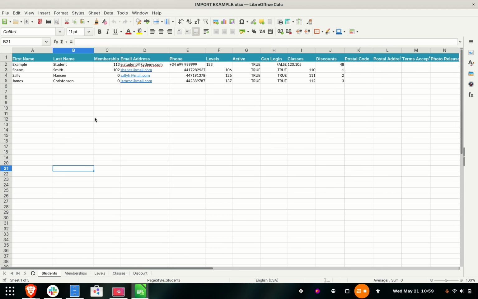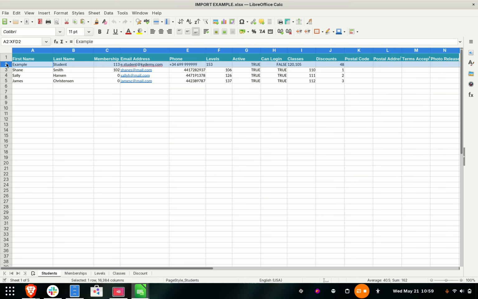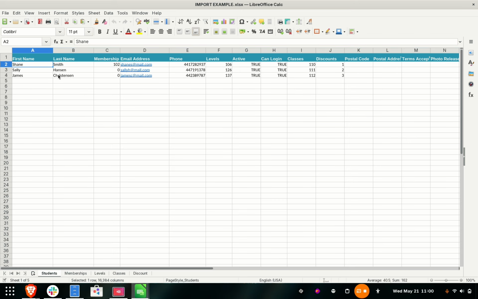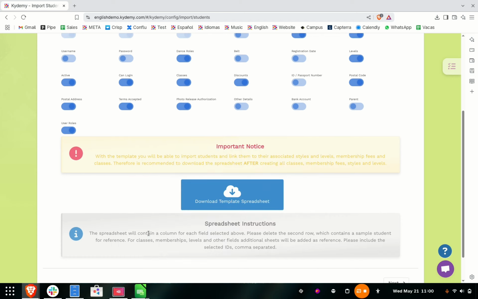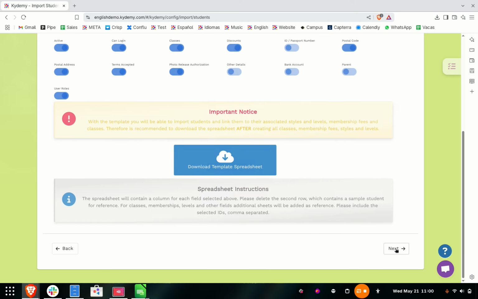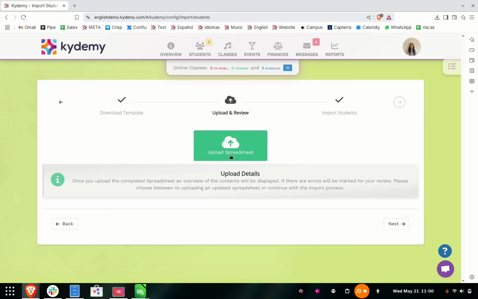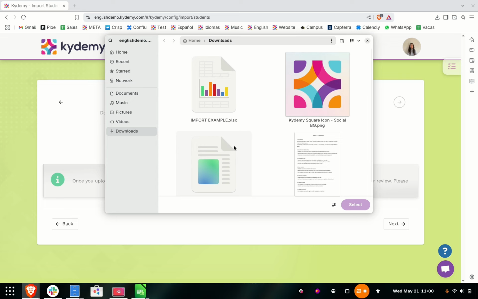In this example, we only have 3 students, but you can import hundreds. Before importing, it's important to delete the example row so those sample data don't get registered. We have the file. We click on Save and we go back into our platform. Here we click on Next and we need to upload the file we made. We select the file